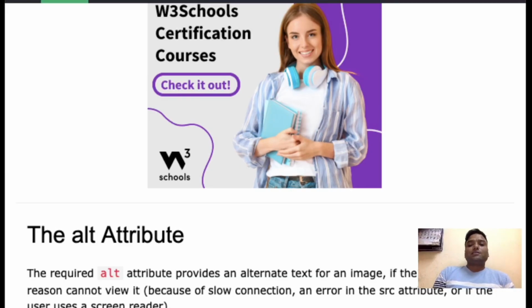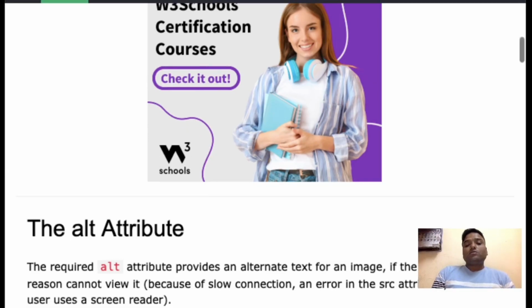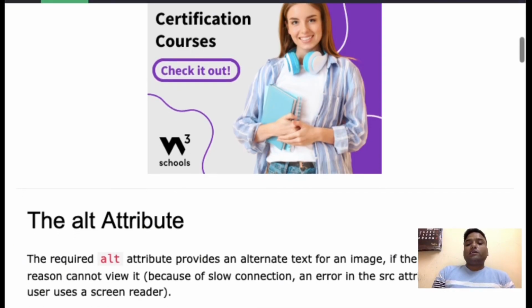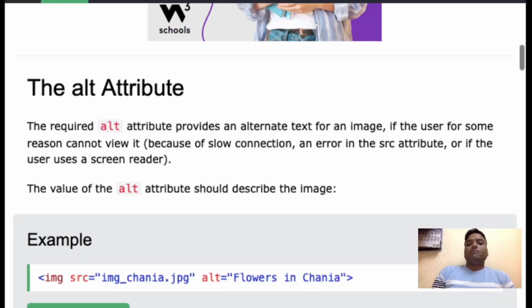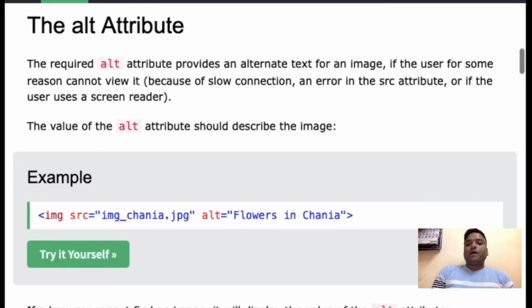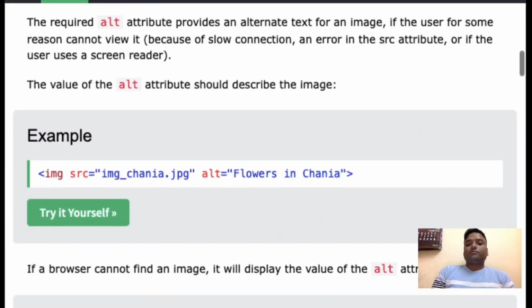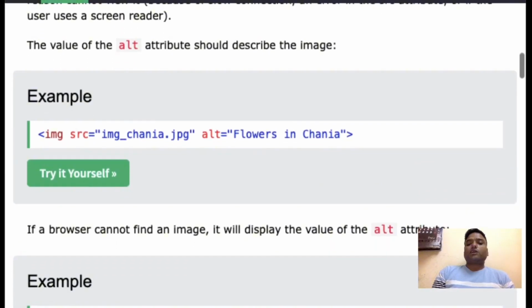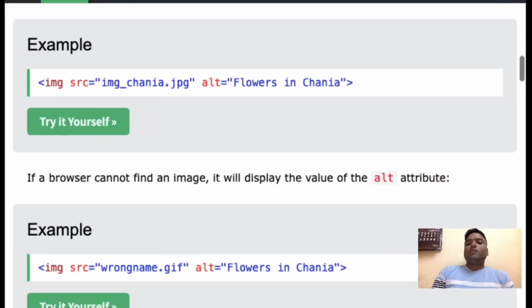Or you are using any screen reader. Suppose you are a person who is accessing the web browser and is a specially challenged or specially able person. He is using the screen reader, so that screen reader will read the text for that image, because he cannot see the image, so the text would be read by that screen reader.